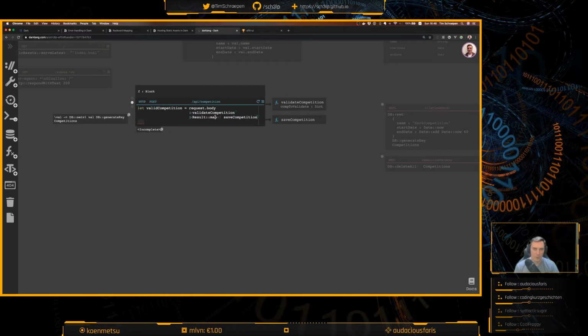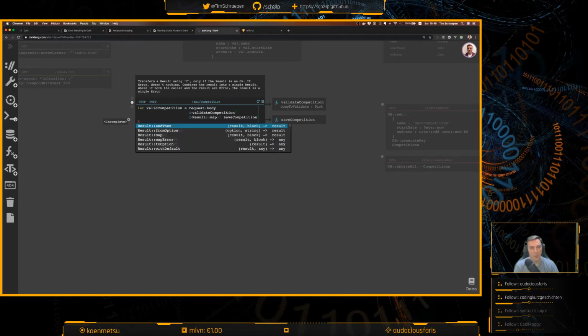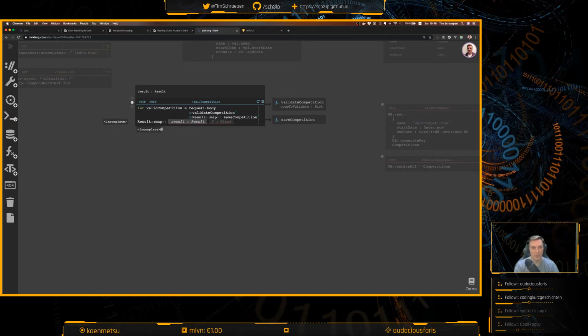So what I think is that this returns only the result, only if the result isn't okay. But so I still have, see, okay, I have an okay, so it's a result type. That means I can now just remap this, right? Map it into, if it's an okay with a valid competition, then I can return